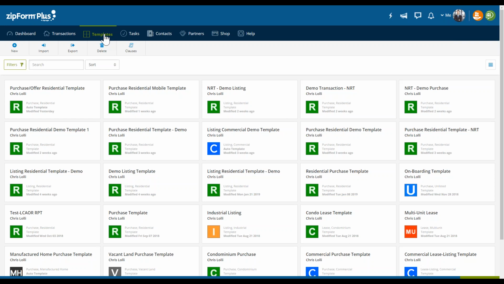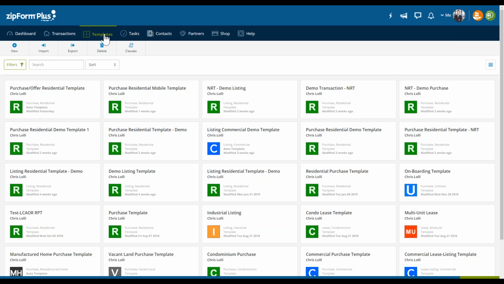There's two things I really want to stress here with templates. The first is understanding templates, and we're going to take a very brief exploration of templates, but templates is the best time-saving feature, in my opinion, that we offer at ZipForm Plus. That's internal. Okay, we have great products like MLS Connect, and the DocuSign integration is certainly useful, but the intention is to save ourselves time so we get to the point of the DocuSign integration, and then it makes it very quick and easy and simple. In my opinion, templates is the best one. The reason for that is because if we understand what a transaction is, we have a little understanding of what a template can do.